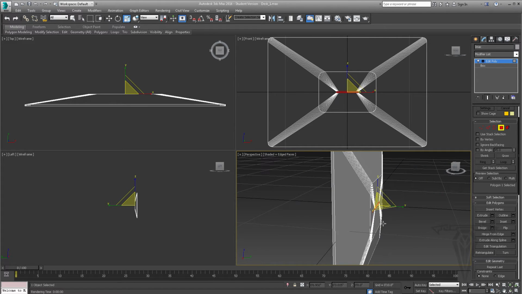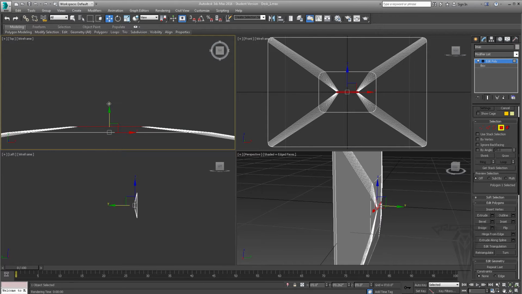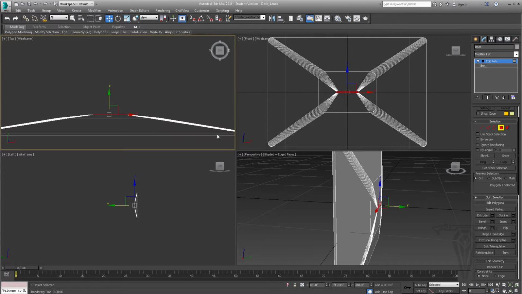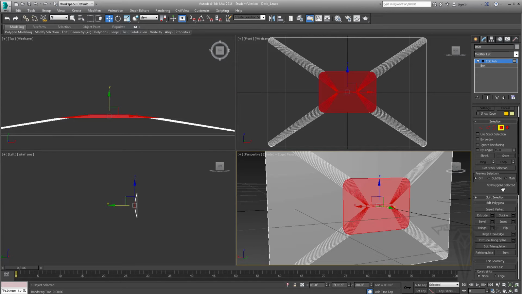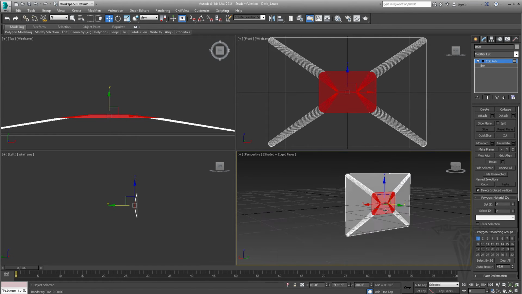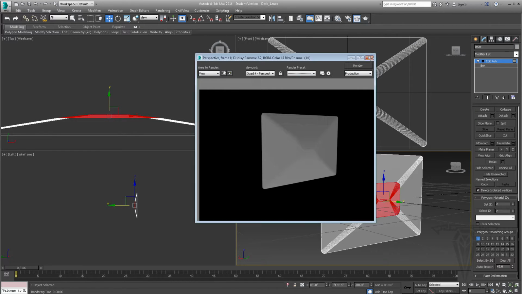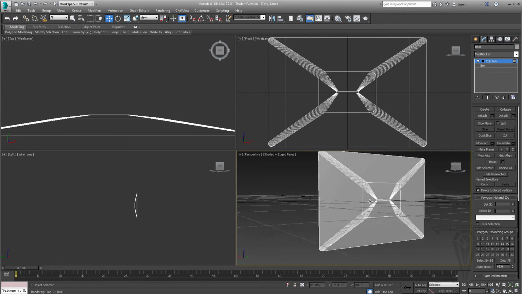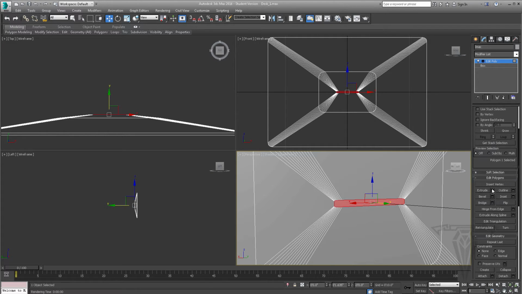That's probably good. And then I'm going to go to my move tool and push it back about there because it's nice and smooth. And I'll expand the selection again. Scroll down and make sure my smoothing groups are still set to 1. Yeah, nice and clean. Okay, so let's go ahead and extrude this in, select it, come up to extrude,